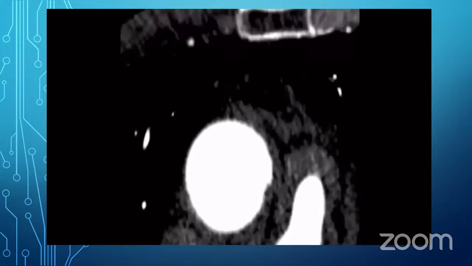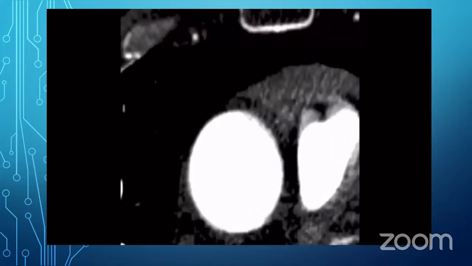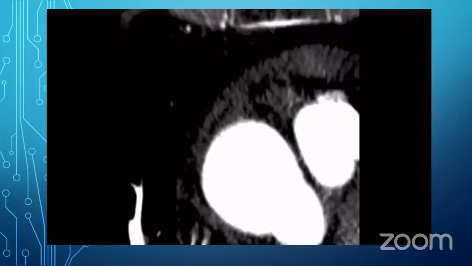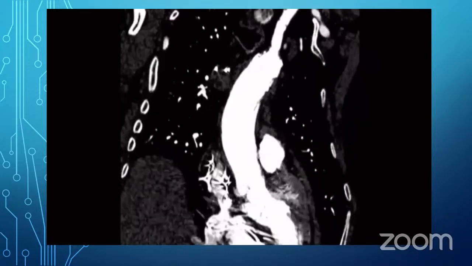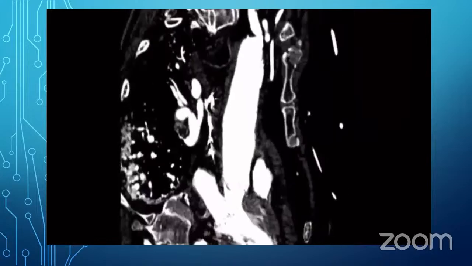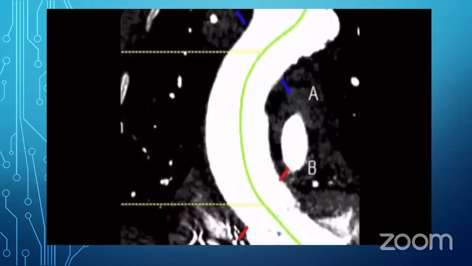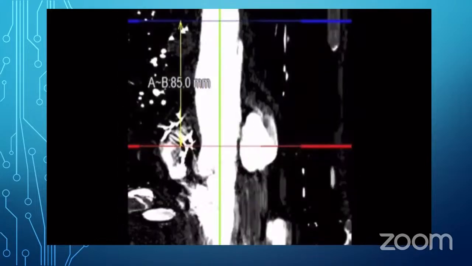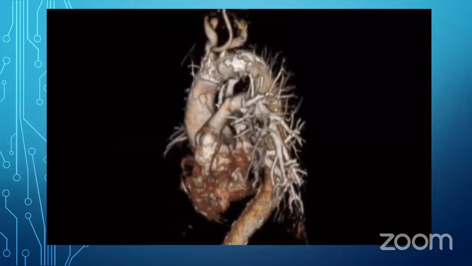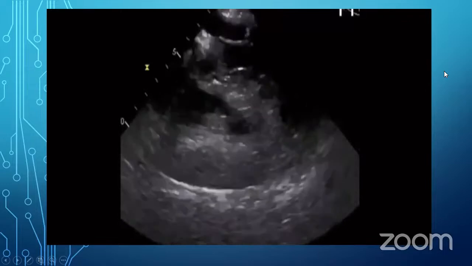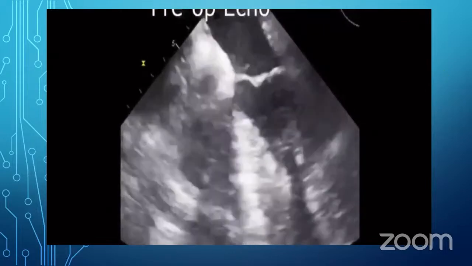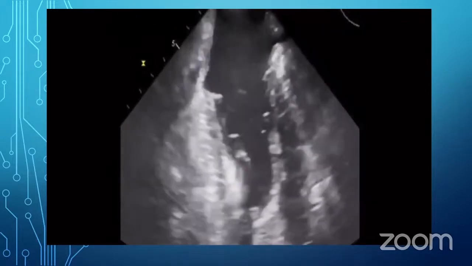The entry tear was located in the ascending aorta, just at the beginning of the lesser curvature of the aortic arch, with the distal landing zone around 25 millimeters and the proximal landing zone 60 millimeters. The largest diameter of the ascending aorta was 41 millimeters. The descending aorta and neck vessels were not involved. Under general anesthesia,